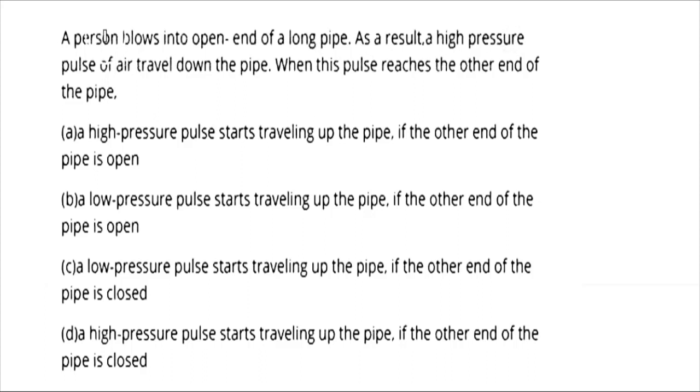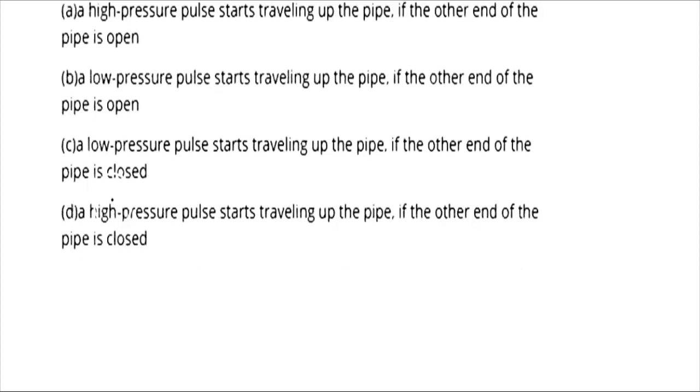Hello students, today our question is: a person blows into the open end of a long pipe. As a result, a high pressure pulse of air travels down the pipe. When the pulse reaches the other end of the pipe, so ABCD statements are given to us. So we have to find which statement is correct here. So the solution of this question is, we have